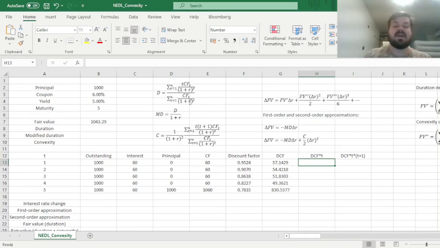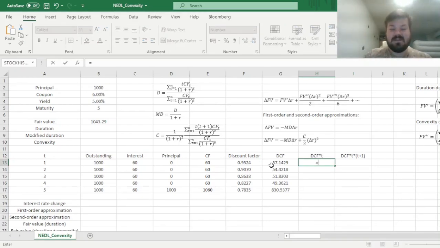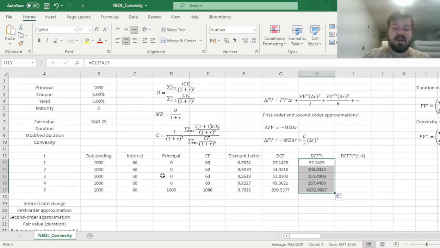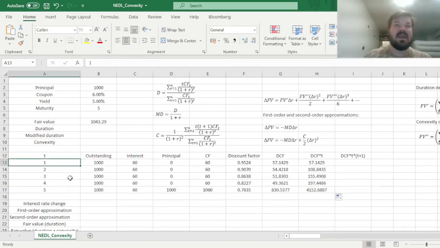by the sum of discounted cash flows, meaning that we are calculating effectively the weighted average maturity of your discounted cash flows. This is a very intuitive and understandable definition of duration. So here we can just multiply our discounted cash flows by respective points of time. By the way, if those would be not years, but for example months, you could easily generalize it using, for